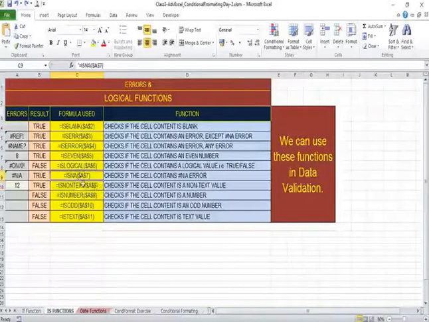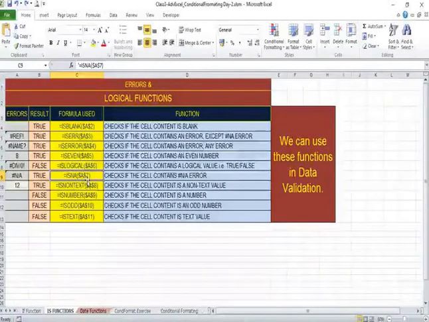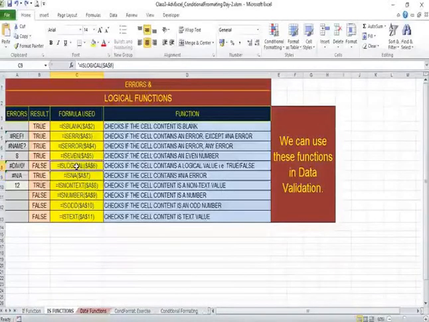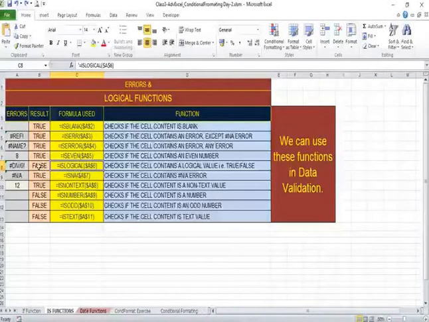ISNA checks if it is a #N/A error, so there is an exclusive type of IS function for the #N/A error. Similarly, ISLOGICAL checks if the cell value contains a logical value, that means true or false. These are the two values.